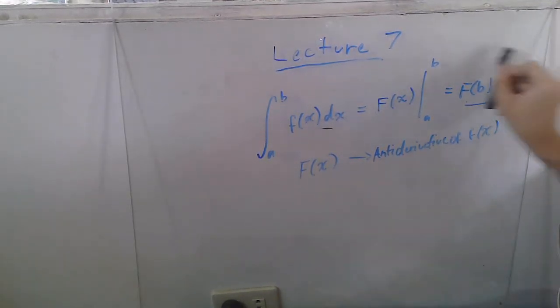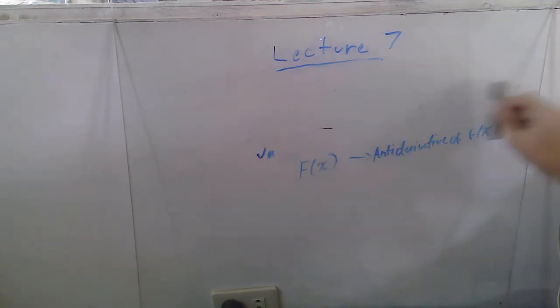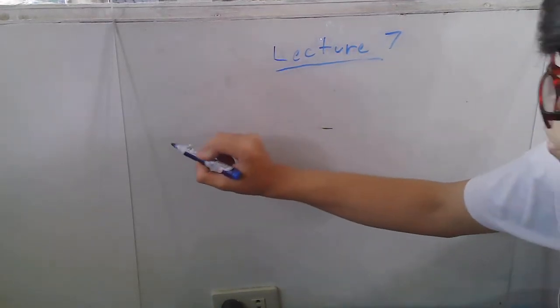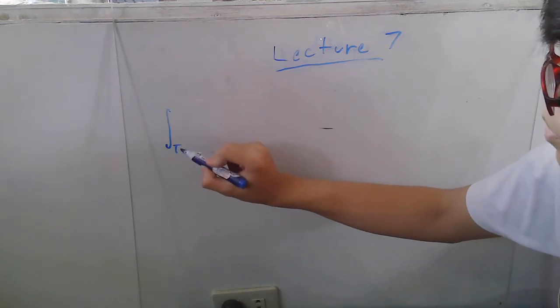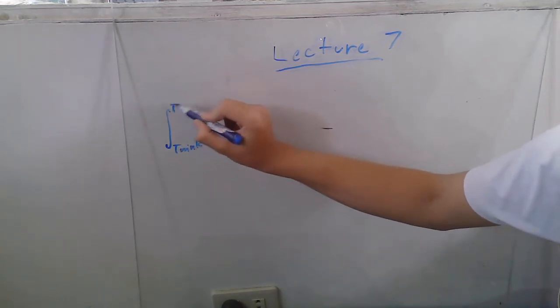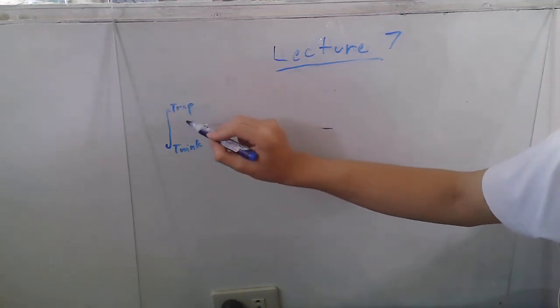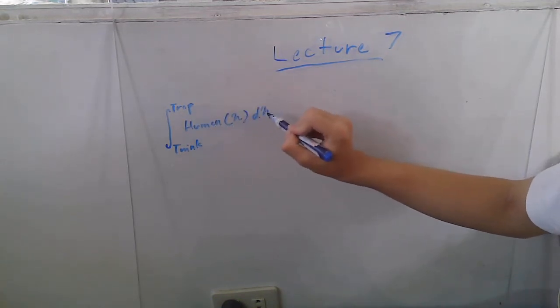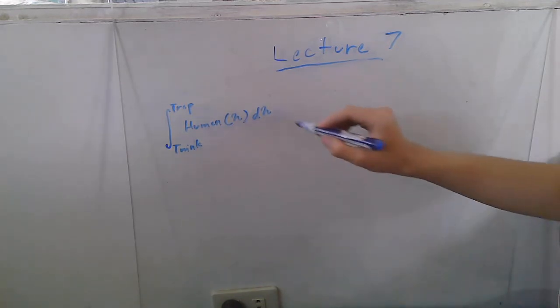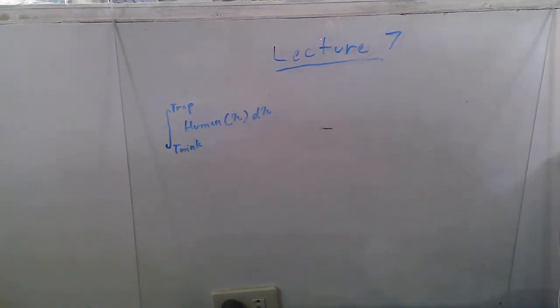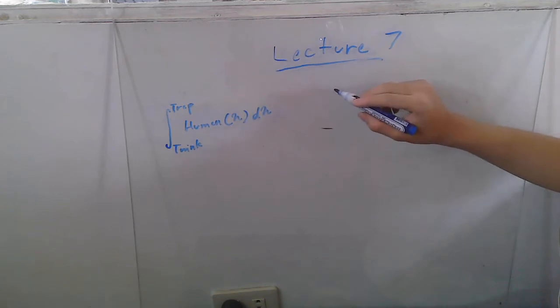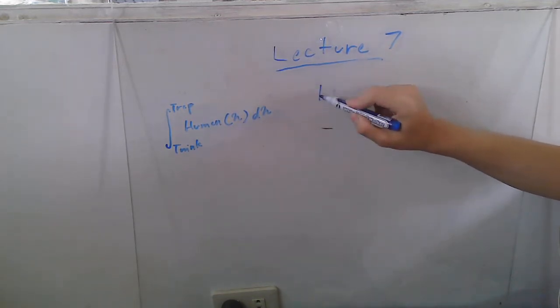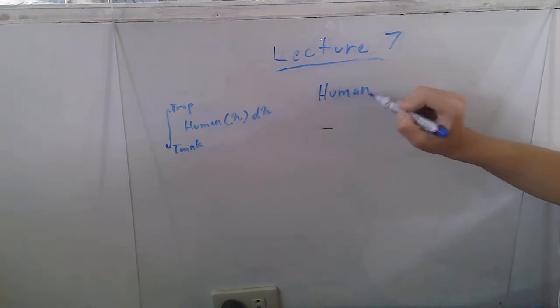Alright, now I'm going to use this as a basis for our proof of the theorem. Okay, so back to the original expression, the integral from twink to trap of human of h dh. To prove this, I first need to state a couple of facts. The first fact is that human of trap